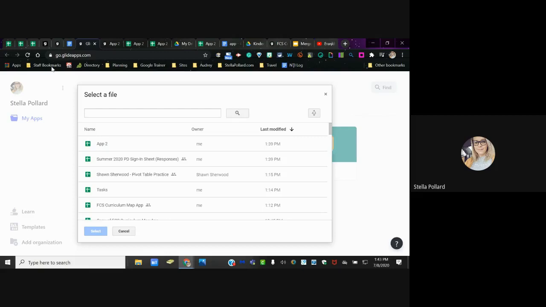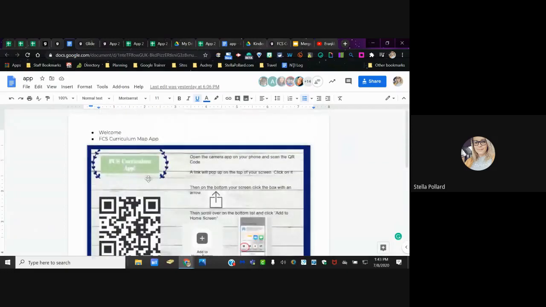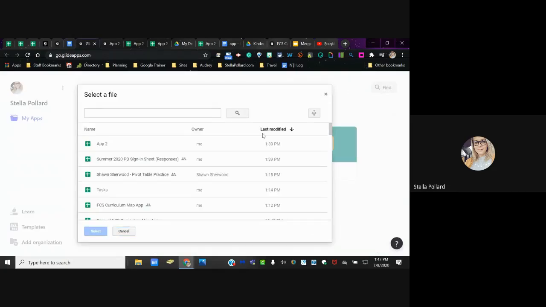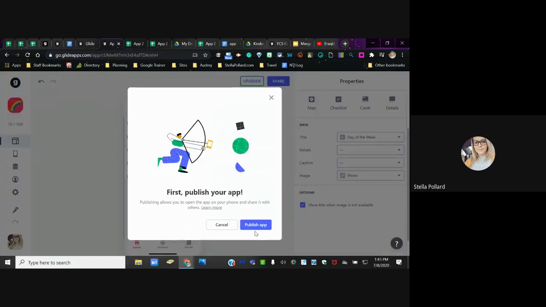The best way I found to distribute the app once you get it, I made just this little flyer, and that's a really important part, Carrie. Thank you so much for bringing that up. You have to share that out to your kiddos. I think my internet might be being wonky. So click this share button, and you want to